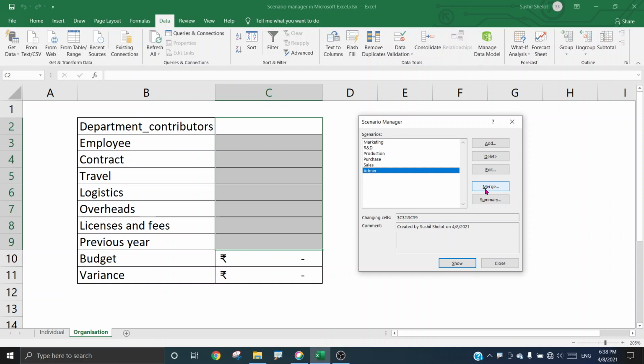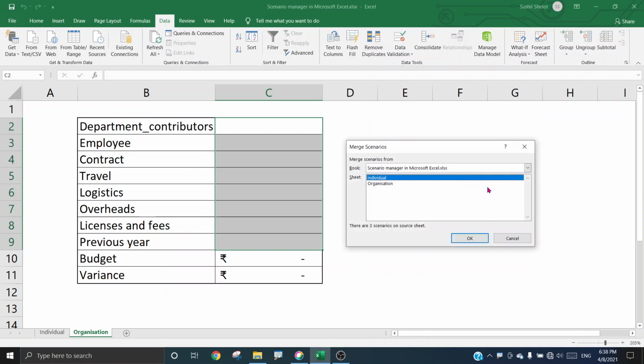In both the examples that I have given you demonstration of, there is no use of this merge button, but as a demonstration I'll explain how this merge button applies here. So if I click merge here, what happens is from the current book, that is Scenario Manager in Microsoft Excel, it gives me both the sheets, individual and organization, and it says if I choose the individual as a source sheet, it shows that there are 3 scenarios in this source sheet.